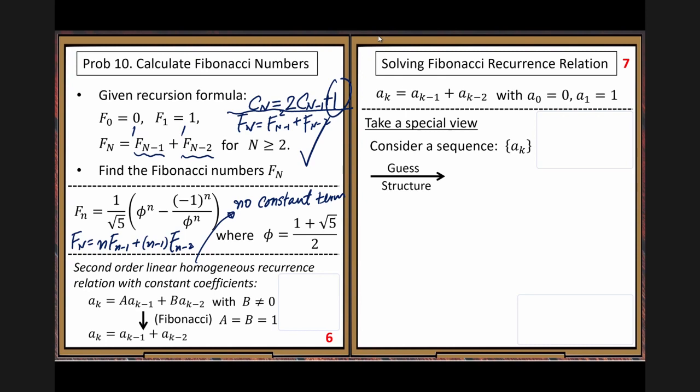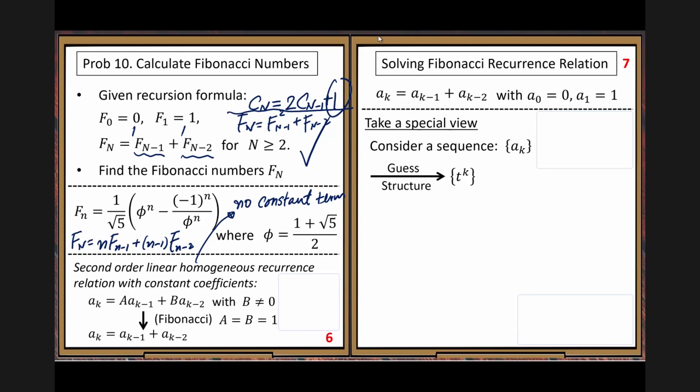So, to guess the structure, this step is critical. If you guess it right, then the problem becomes very easy. Guess the structure. Can you imagine some reasonable structure for the sequence? It's not easy. Here, we guess the structure should be